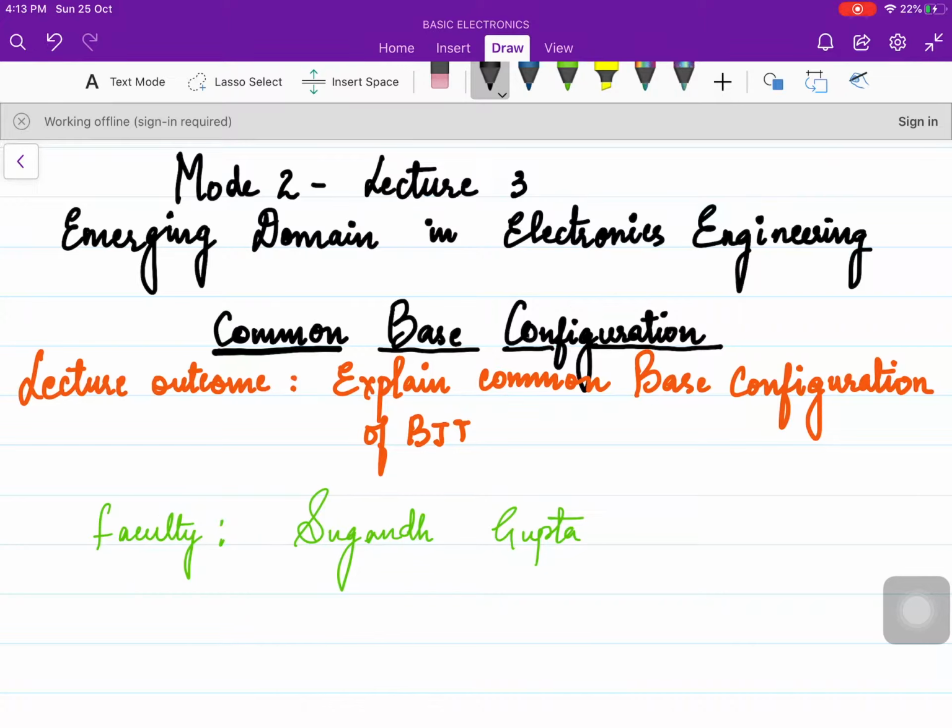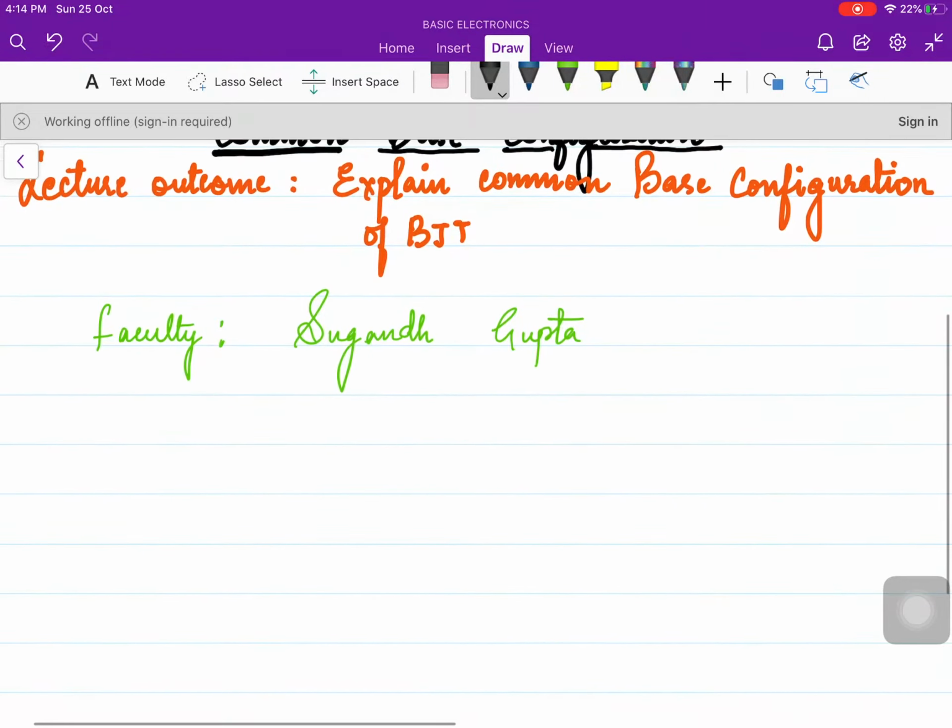In the last lecture, that is lecture number 2 of Module 2, we ended with the topic of how to make transistor as a two-port network. So what was a two-port network? A two-port network was a network which is having two ports. One is input port and the other is output port. So if we have to form a two-port network, we need four terminals. Like, let us recall.